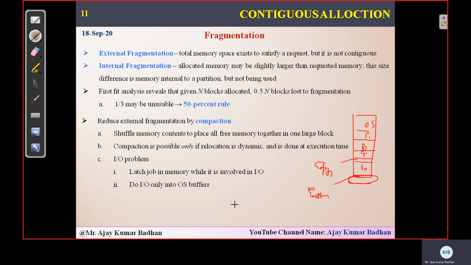Now, what do we mean by external fragmentation? A new process came, and he requires some amount of memory. We don't know the size, some size of memory is required. That size we do have in this particular RAM. If we combine this empty space and that empty space, we can allocate it. But since it is not continuous, we cannot allocate it to process P6. He has to wait. That is what we call external fragmentation.